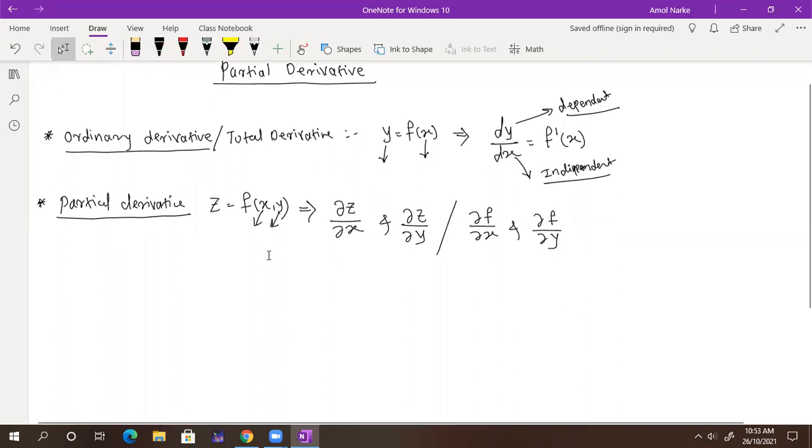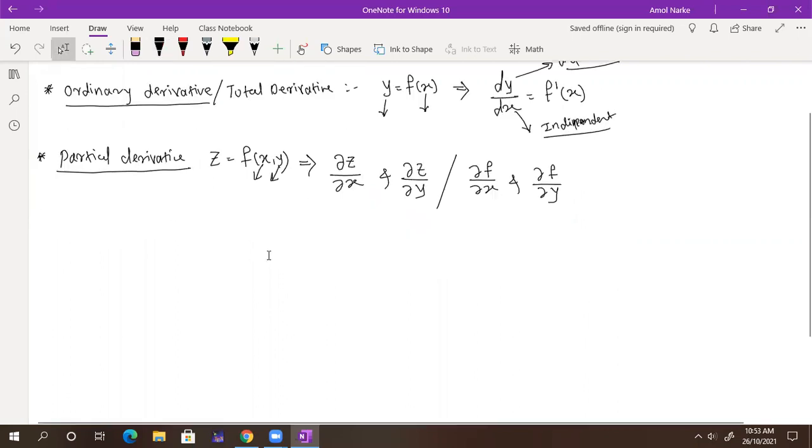Okay, so now let's see the definition. First we write down the definition and then we see how to calculate that partial derivative, this dabba. The difference here is that we use the capital D. So capital D means our normal D, and here a dabba. Just keep that notation. So whenever you are asked to find this derivative, it means you need to differentiate partially. Okay. So write down the definition.